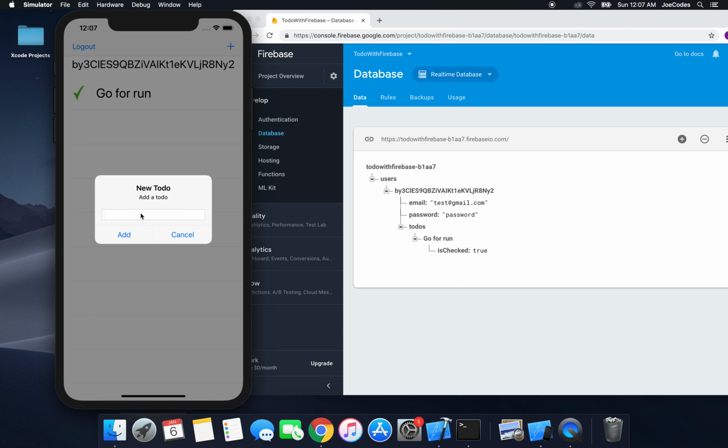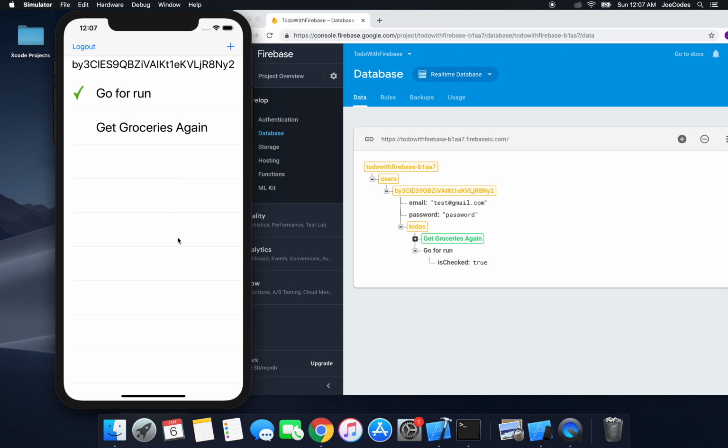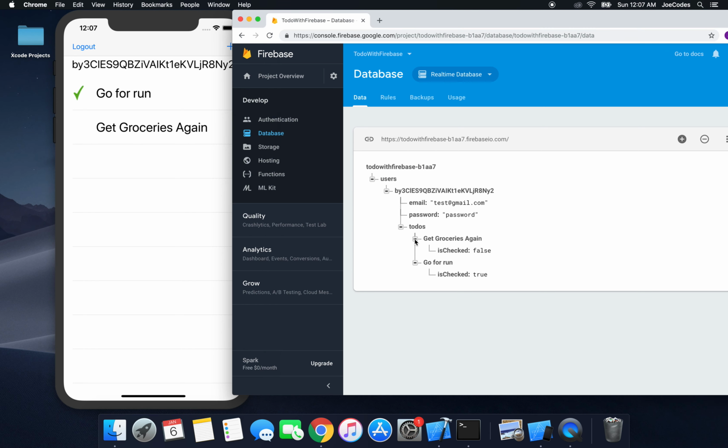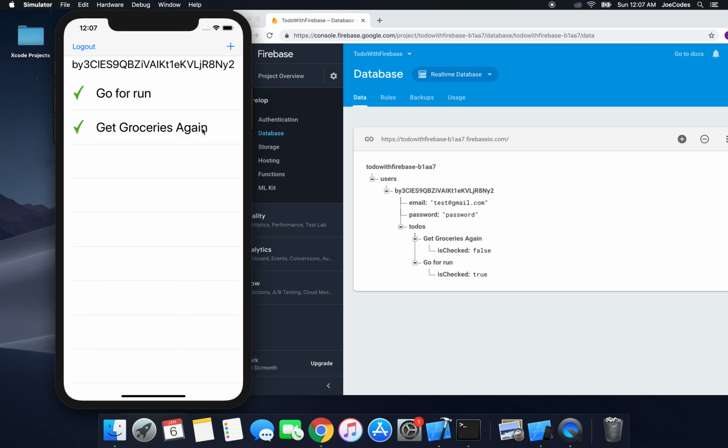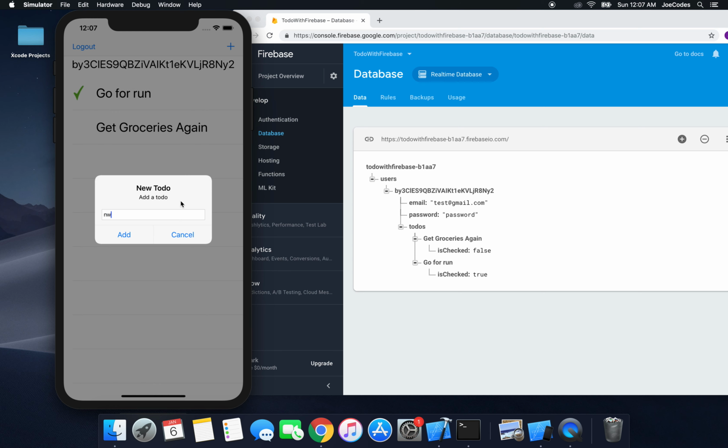So now add a new to do, and we'll say get groceries. Again, we'll say add, and now you can see get groceries is up here, and you can see it's added into Firebase with a default value of false. And now you can see I can change it, and I can add a bunch. I can say to do number 1,